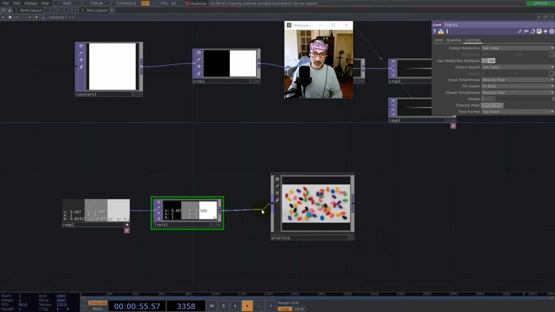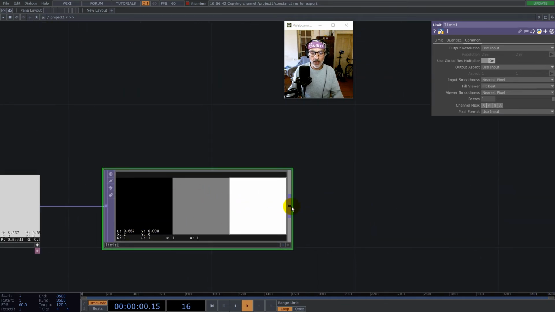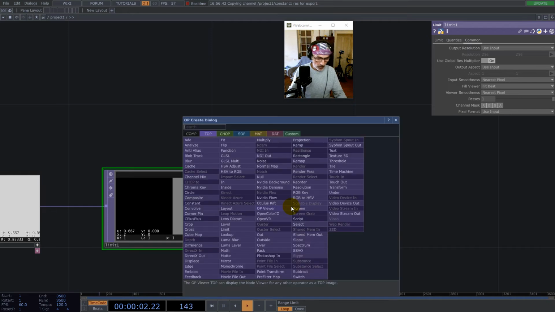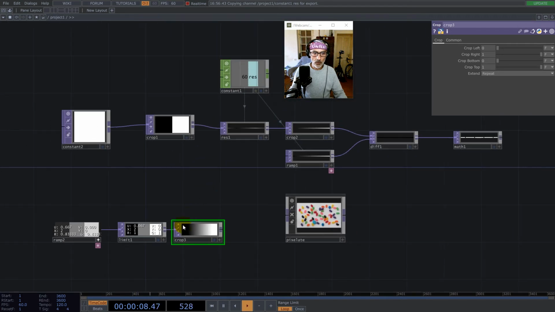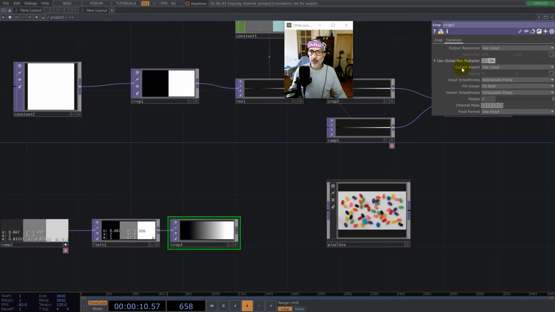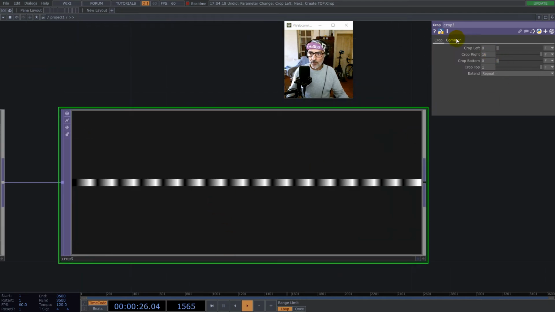Let's see if we connect. But no, first we only have 3 pixels, right? So let's go with group, and yeah, what if we go with the group? I don't know. 16 times, right? And not here at the left, sorry, here. Okay, now we have this texture